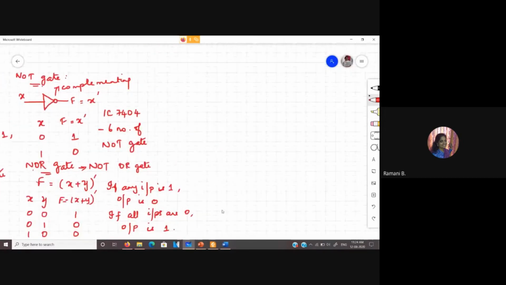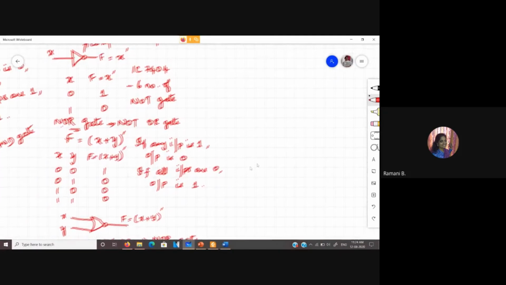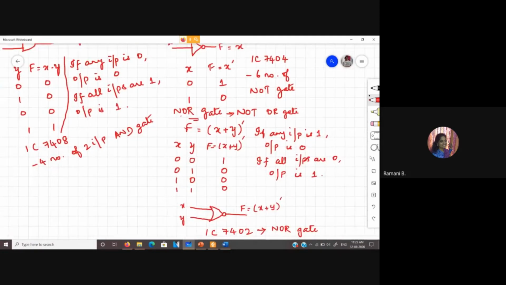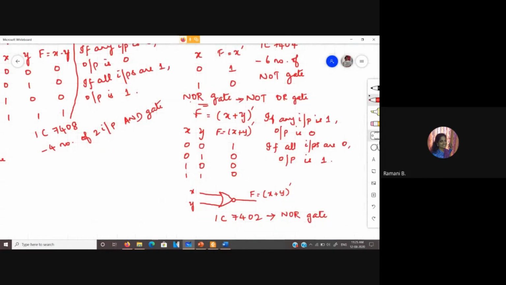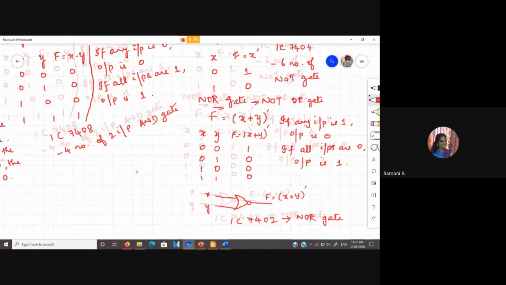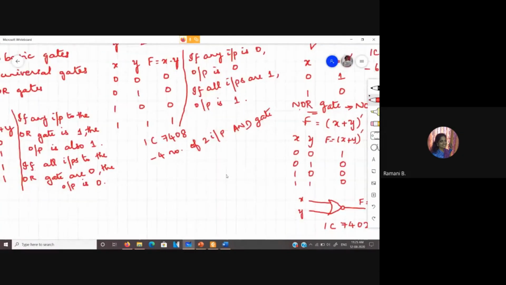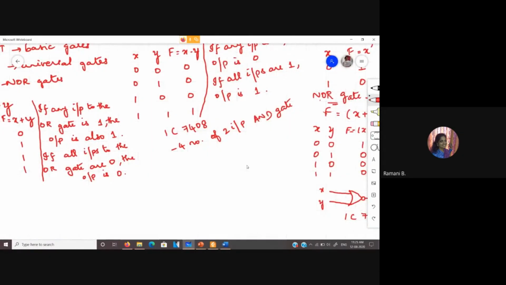And the next one. So just to compare between this OR and NOR operation, you can see the table over here. So here we had 0, 1, 1, 1 in case of OR operation. Here we have 1, 0, 0. Okay.